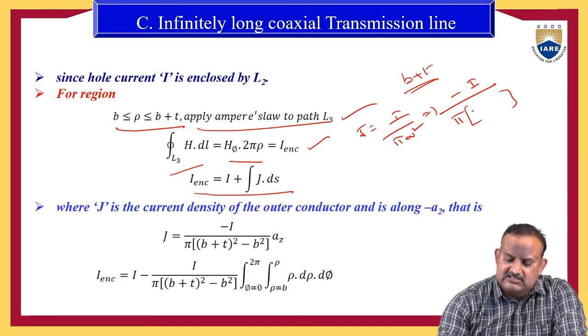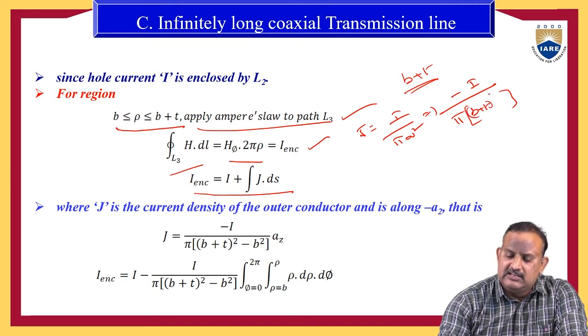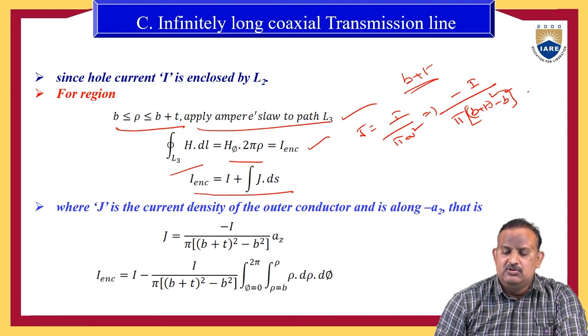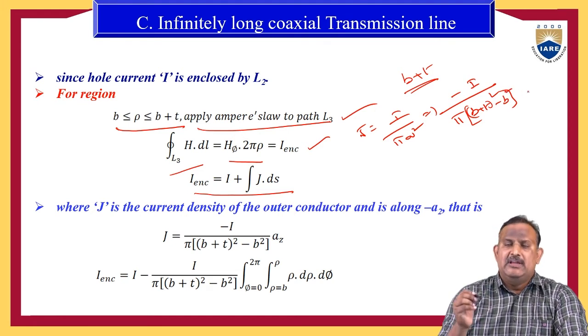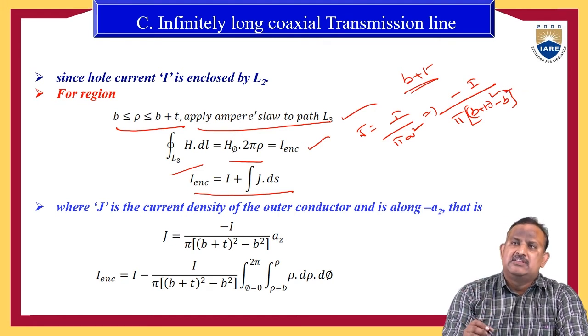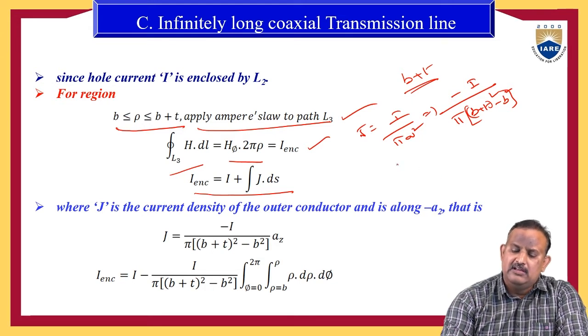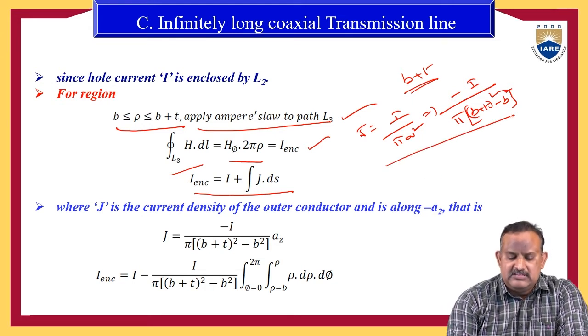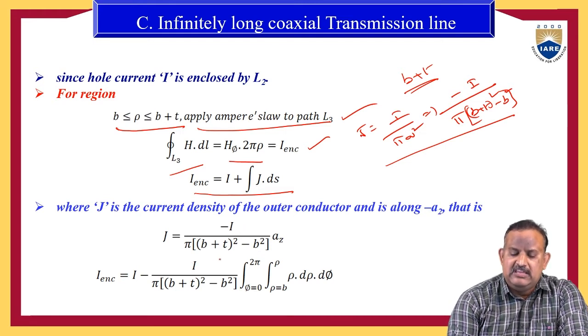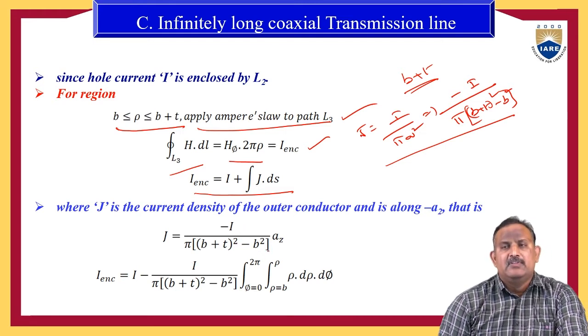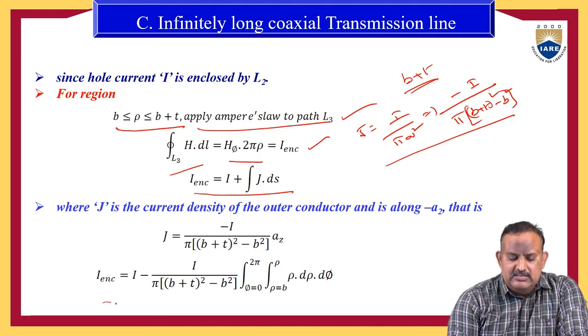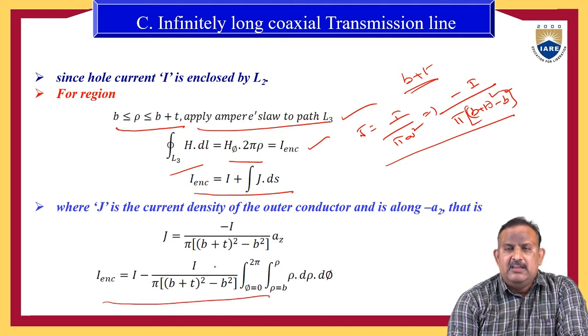So simply by assuming the thickness and actual radius, we can directly substitute into the expression. Therefore the current density J is equal to minus I by pi into (B plus T) whole square minus B square. Therefore the current enclosed I is equal to I minus I by pi into (B plus T) whole square minus B square,